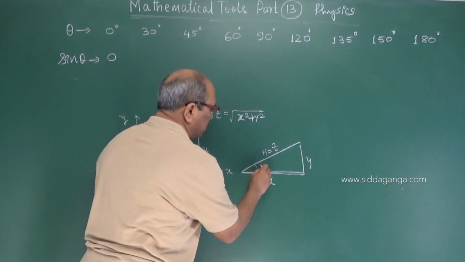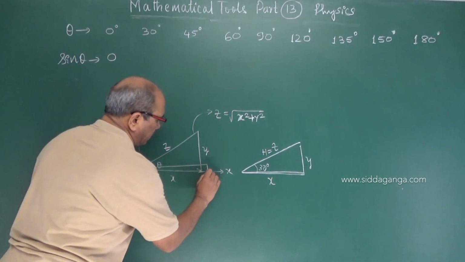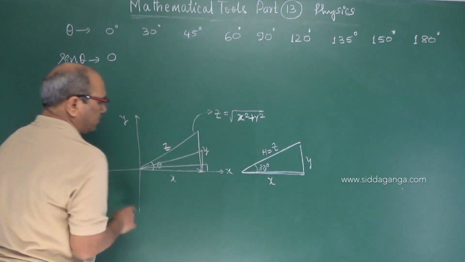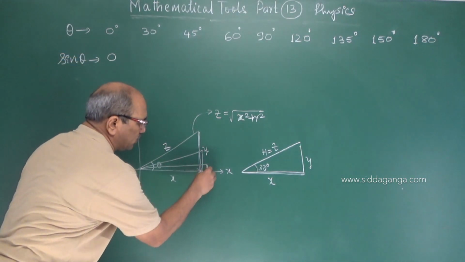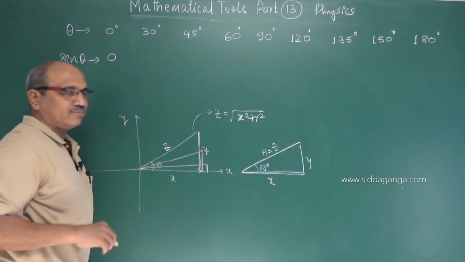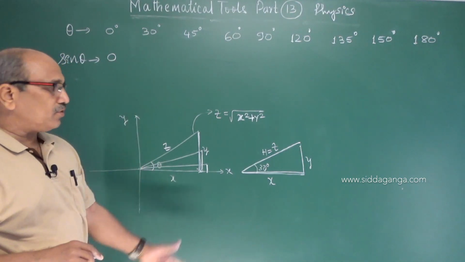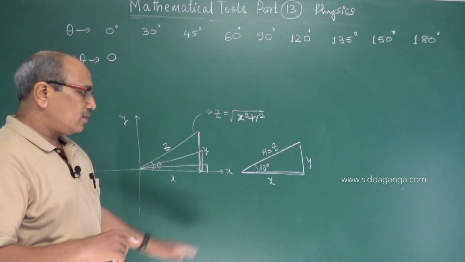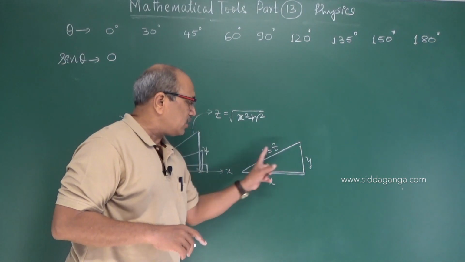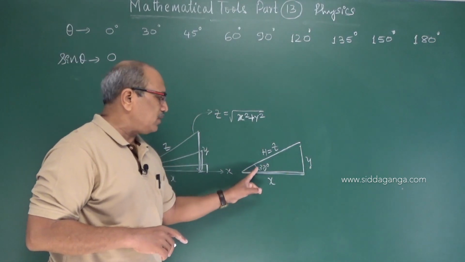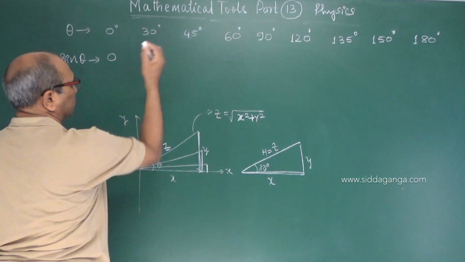Let us think it comes to 30 degree. As this angle goes on increasing, earlier it may be like here, and as it comes to the new position, now it comes to 30 degree. So you are seeing the value of y goes on increasing angle to angle. The y value is increasing, that means it is an increasing function. If you take some standard data and calculate it, taking x and y preferably with 30 degree, so that y by z should be equal to sine 30, if you measure that side, it is found to be equal to half.